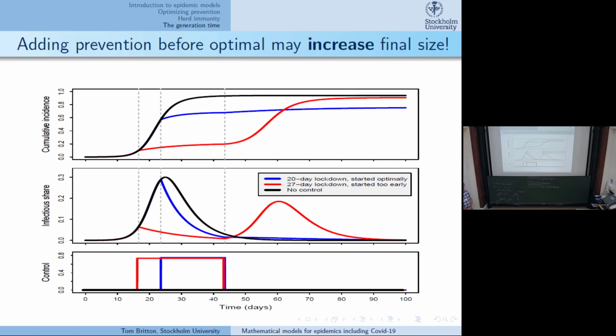I have actually two questions. One related to the last one. Getting the optimal strategy, is that in some way equivalent to maximizing the number of individuals that reach resistant state or recovered state during the lockdown? Or is it rather stopping at the time, as you just explained, stopping at the point where you reach herd immunity? And the second question is,